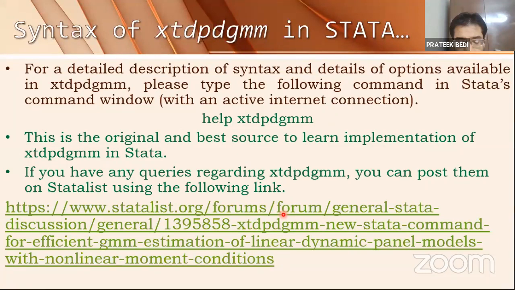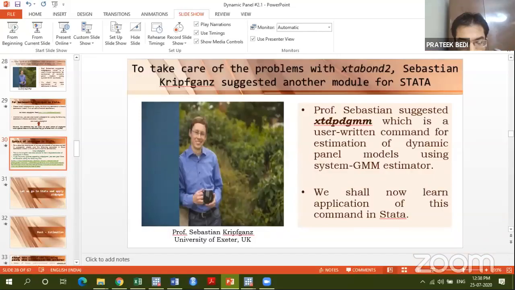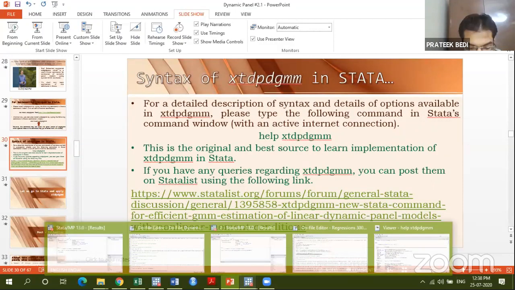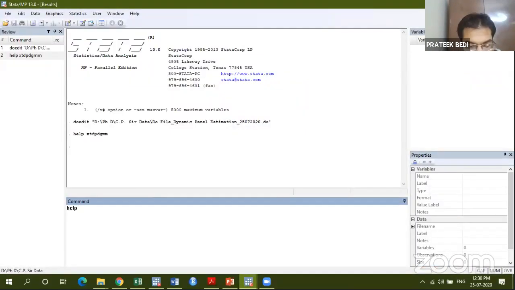For that, the best option is to learn from the source itself, and the source is always available in Stata in this command called help. So for all the commands, whether user-written commands or system commands, if you want to know and study the syntax of these commands, you can simply go to your command window and type help space the name of the command which you want to study. So let me type help space xtdpdgmm,